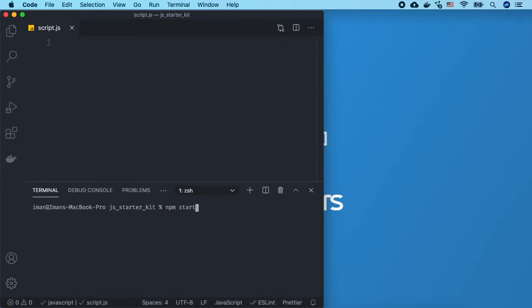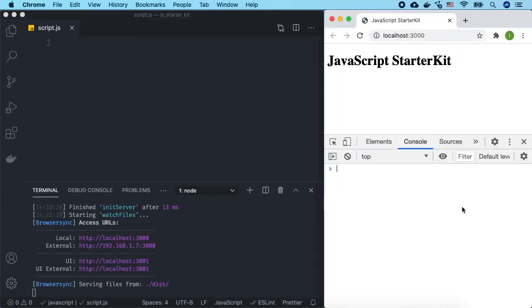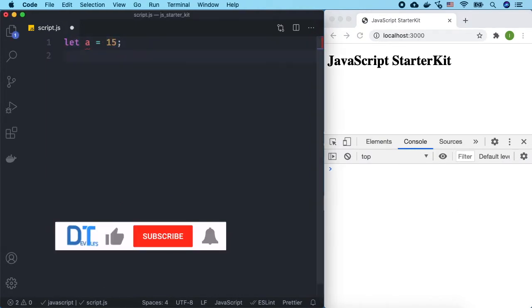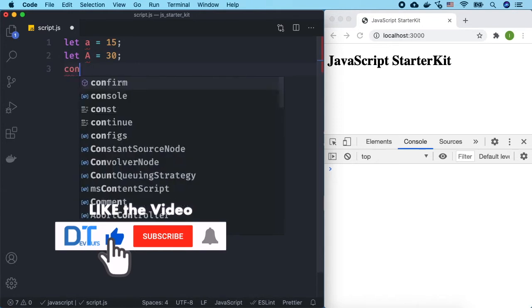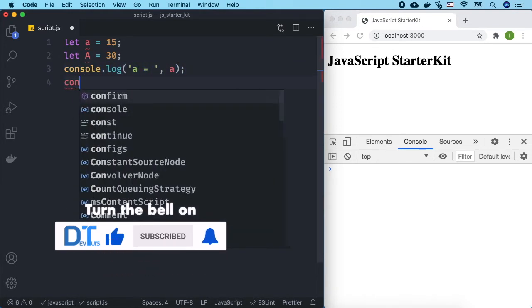JavaScript is a weakly typed language, so we don't have to declare what type of data we go into a variable. The variable name can be anything as long as it is written with letters, numbers, underscore, and dollar sign, and has no spaces and doesn't start with a number.